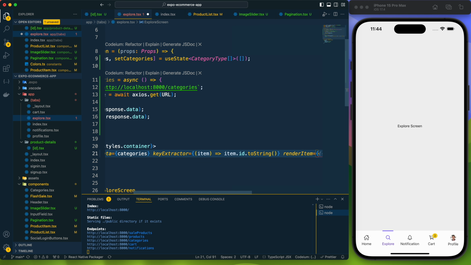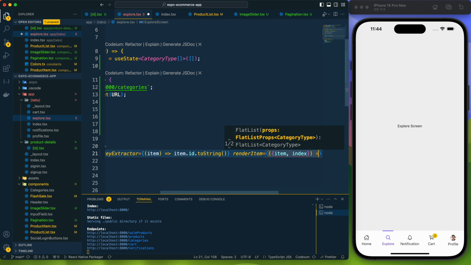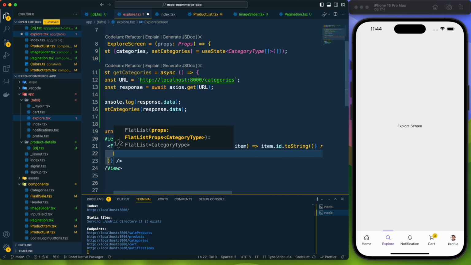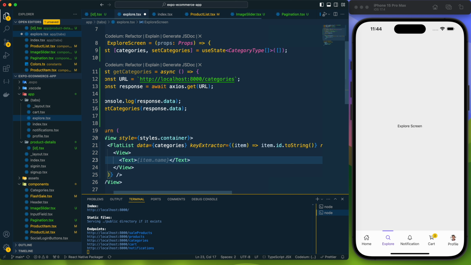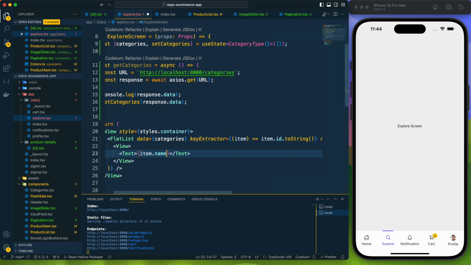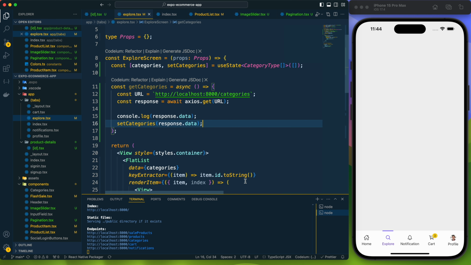So here for the render item I can get the item and index like this, and then I can output the result for each of the item. So here first I want to provide the item name. Now save it. Now after saving we are not seeing anything,